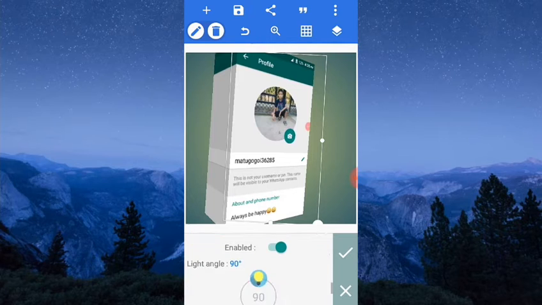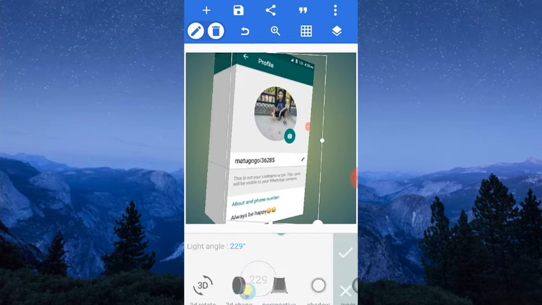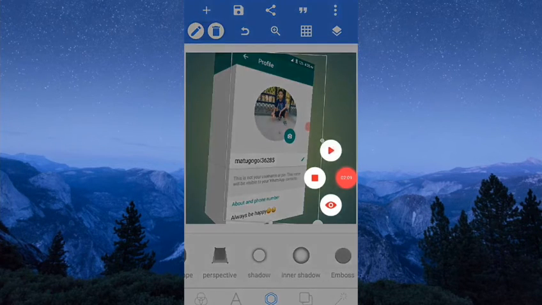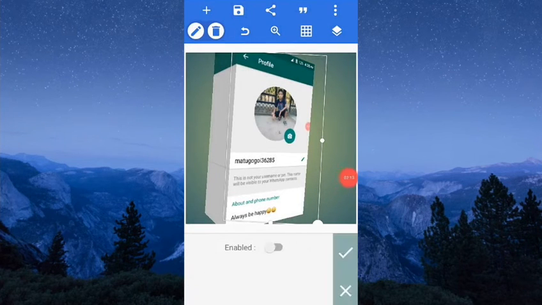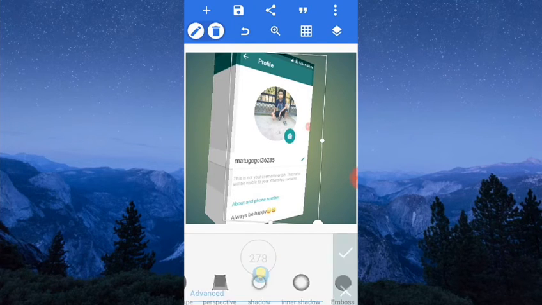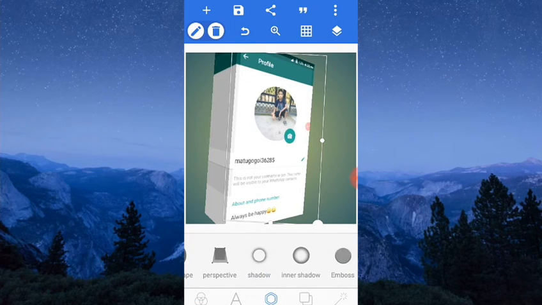Then you can see the light is here. You can make light also. Then click the right, then click this. Then go to emboss, then enable this, then it will make the light also very nicely, like a 3D. Then you can click here the photo, then click the SD card, then click save as image, then